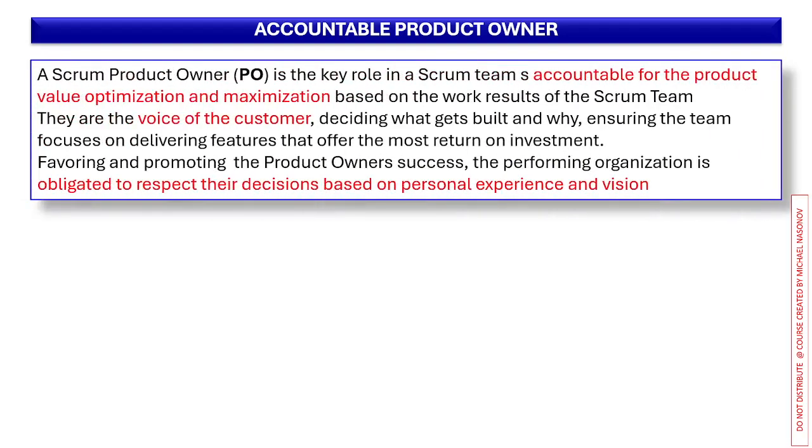Who is the accountable product owner? A Scrum product owner, or PO, is the key role in the Scrum team, accountable for product value optimization and maximization based on the work results of the Scrum team. POs are the voice of the customer, a very important terminology, deciding what gets built and why,